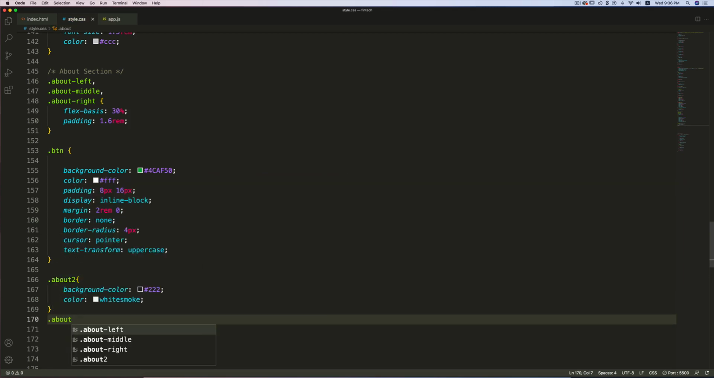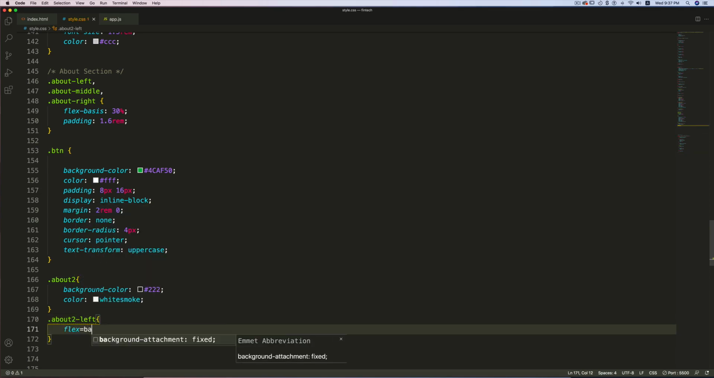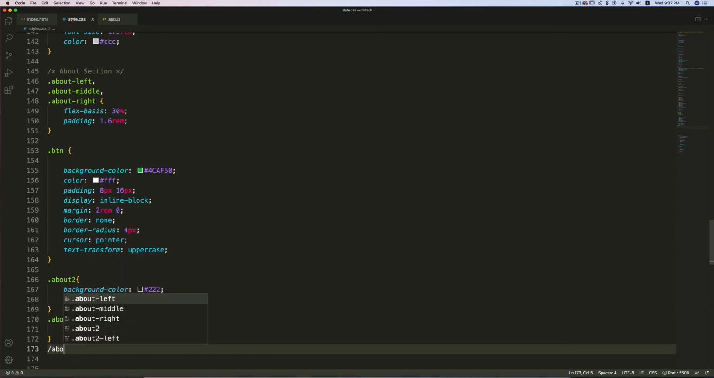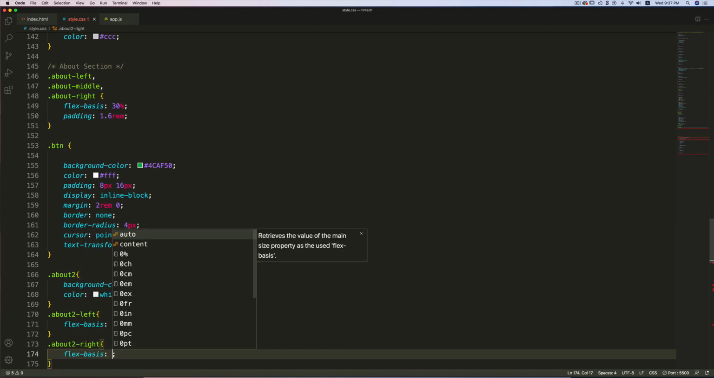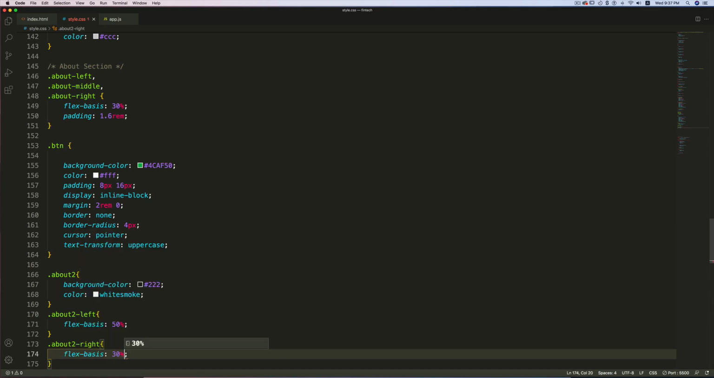Then I'm going to target about-to left. I'll set the flex basis. I'm going to set the width, so flex basis 50%, and about-to right, the flex basis will be 30%,